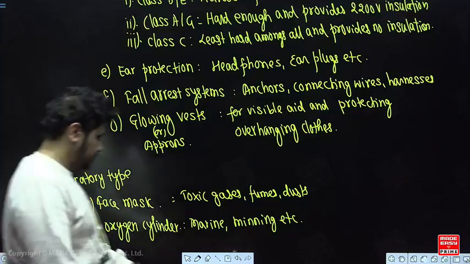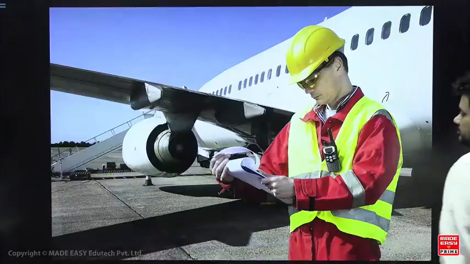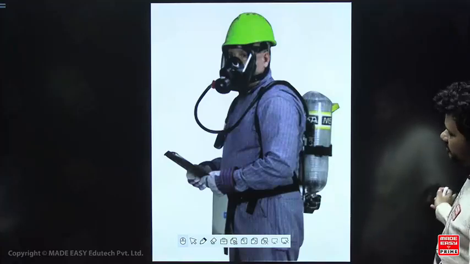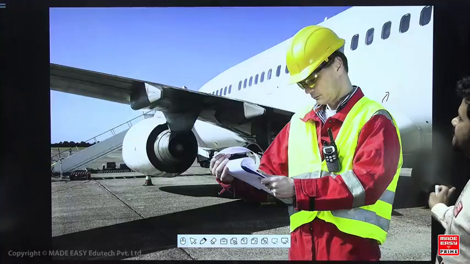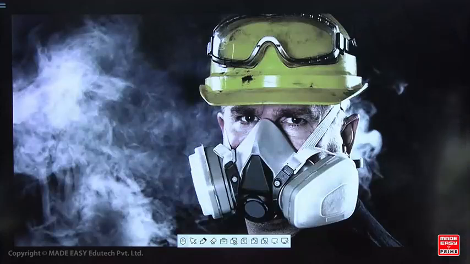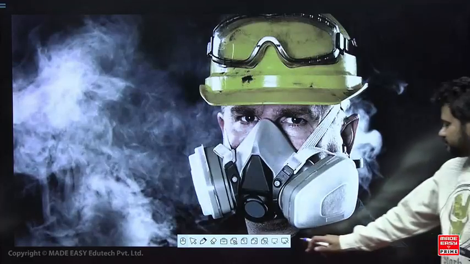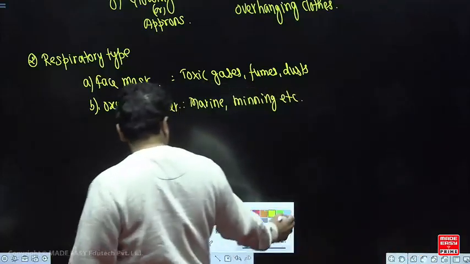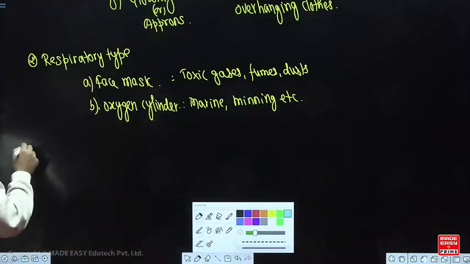राइट। सो यू कैन सी दैट, ये वाला देखो, ये ऑक्सीजन सिलेंडर लेके बेचारा बैठा हुआ है, ऑक्सीजन सिलेंडर। दिस इज योर फेस मास्क, टॉक्सिक गैसेस, फ्यूम्स, डस्ट, है ना, इस सब से बचने के लिए, राइट। नाउ द लास्ट ऑफ दिस चैप्टर इज योर सेफ्टी इन डिमोलिशन। ठीक है,